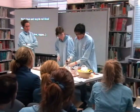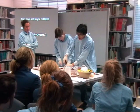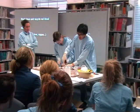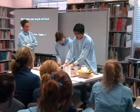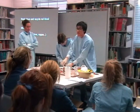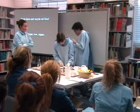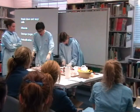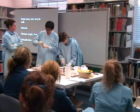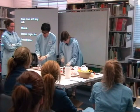So peroxide is a breakdown product. It's a side effect of breakdown of proteins. So when you eat proteins, peroxide is produced by the liver when it breaks them down. And so it has to break down this peroxide before it gets to anything, because